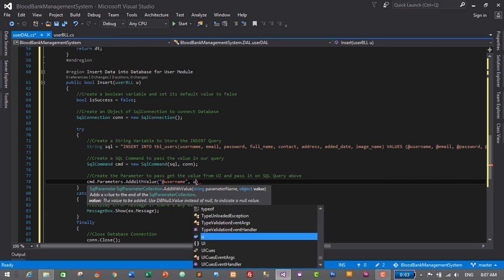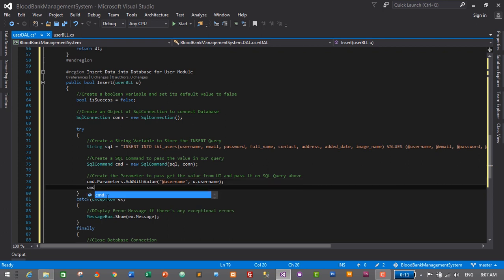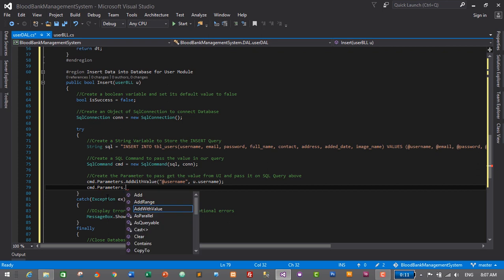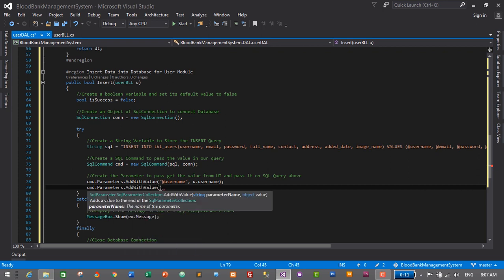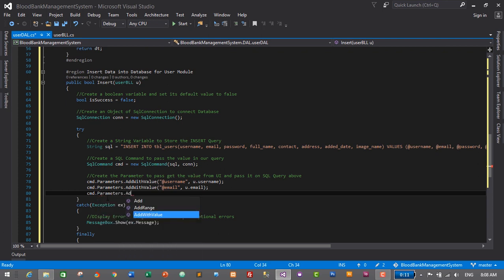Here it will be u.username. That's it. Similarly, let's create for email, cmd.parameters.add with value, and then @email, u.email, and then cmd.parameters.add with value, @password, u.password,